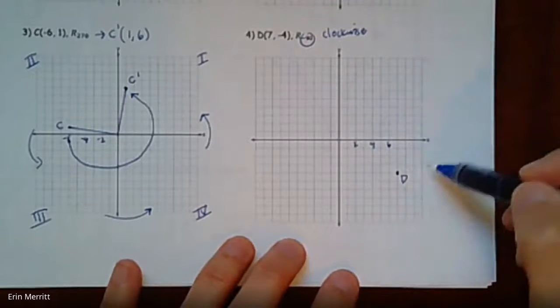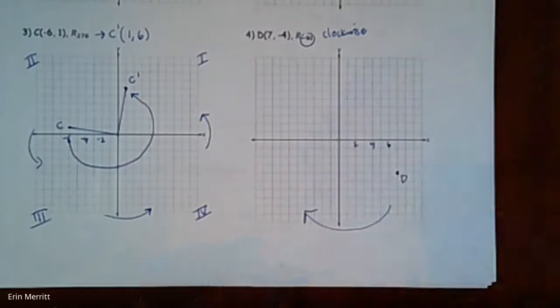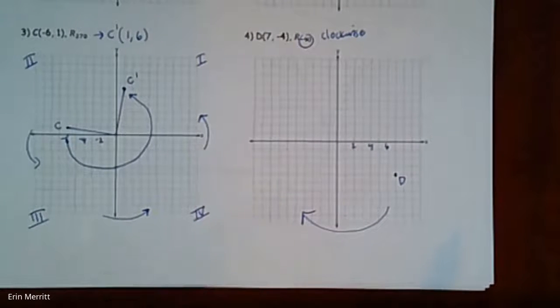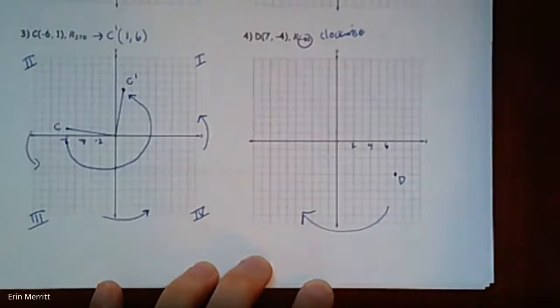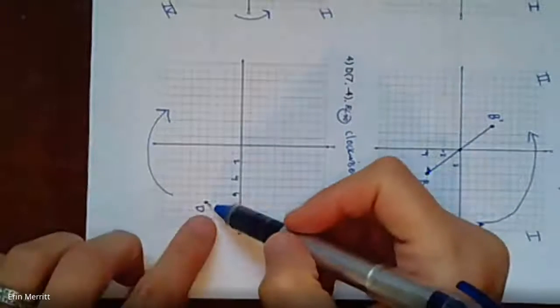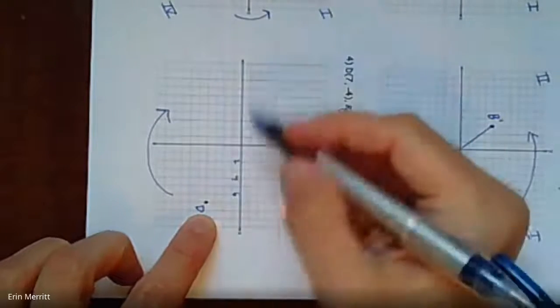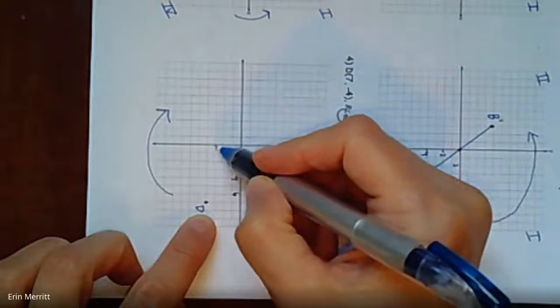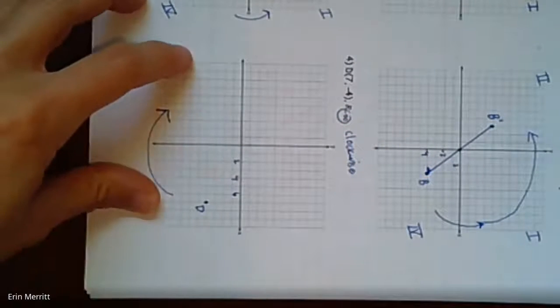And now we're going to rotate. And instead of going counterclockwise, we're going to go clockwise. So this point should land over in quadrant 3 when we're done with it. Right? So you have to turn your paper following the arrow. So it's a quarter turn in the direction of my arrow, so in a clockwise direction. And now take a look at the coordinates of point D. If I now look at this as if this is X and that's Y, this would now be the point -4, -7. Turn your paper back, write it down,